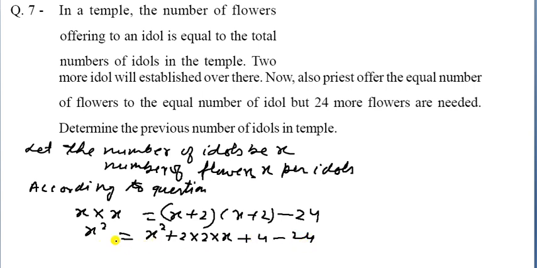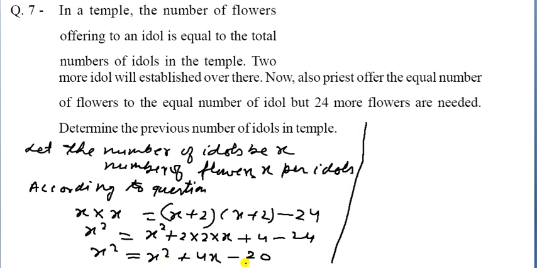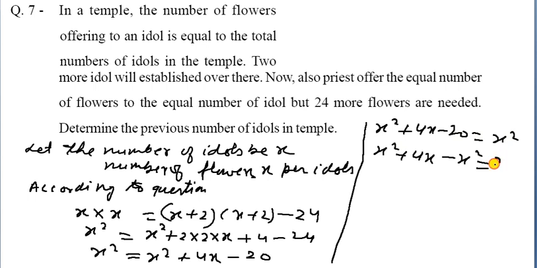So what will happen? That one is x square is equal to x square minus 4x, and here it is plus 4x and it is 20. So let us see in this area. x square transfers to here and there. So we can write here x square plus 4x minus 20 is equal to x square. Change the direction of x square. So x square minus 4x plus 4x and minus x square, and 20 is shifted to the right hand side, that becomes 20. So x square will be cancelled out.